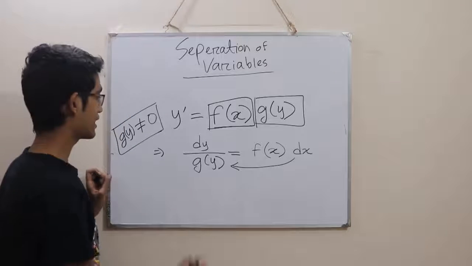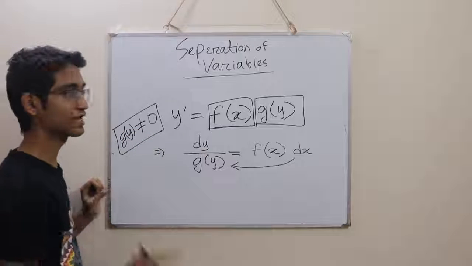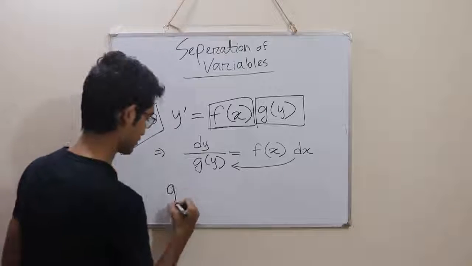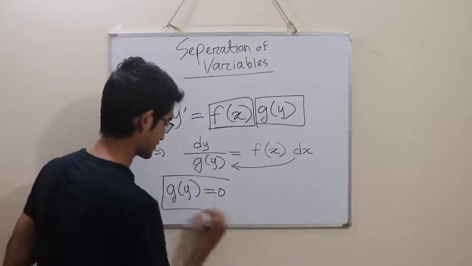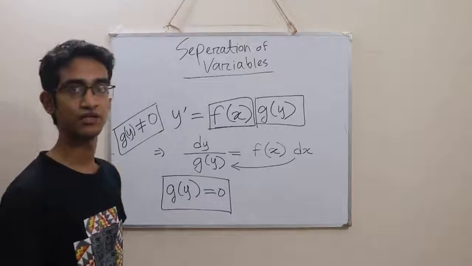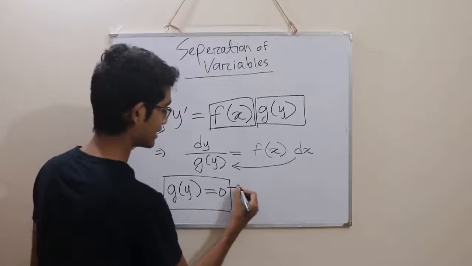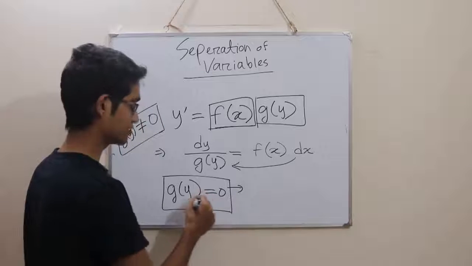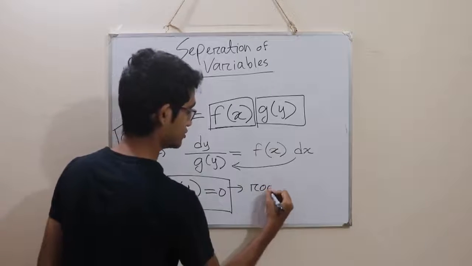Now as we are assuming that g of y is not equal to 0, the cases where g of y will be equal to 0 are the cases for which we are losing the solutions. So if we simply set g of y equal to 0 and then solve this equation to find the roots of g of y,